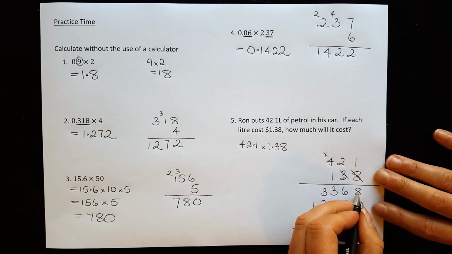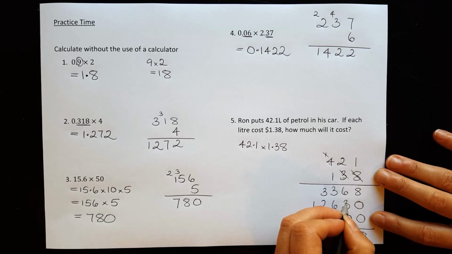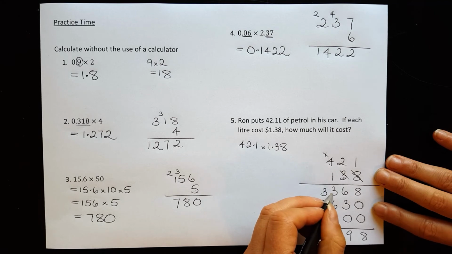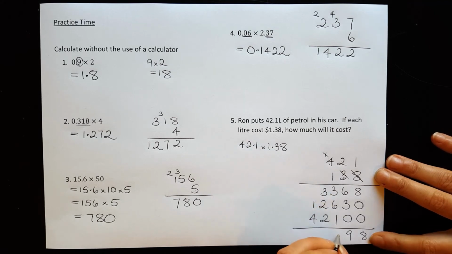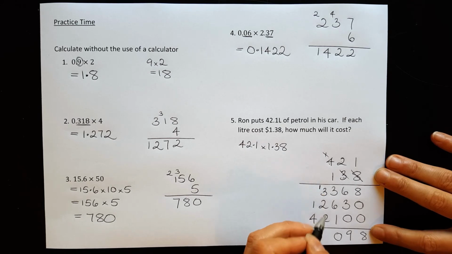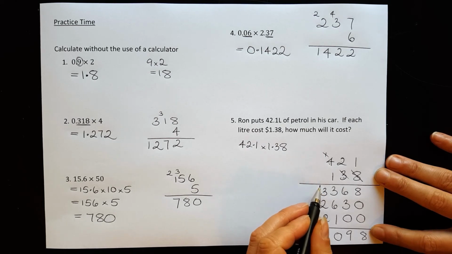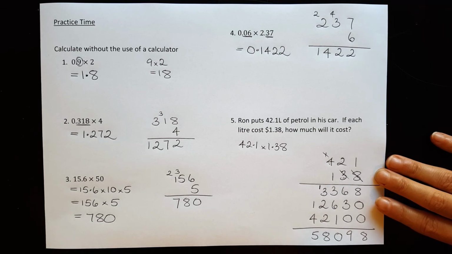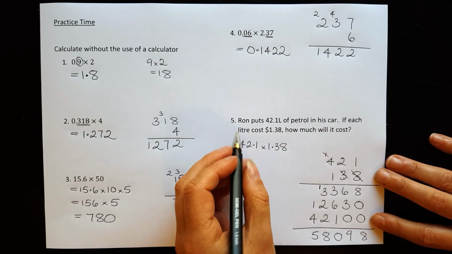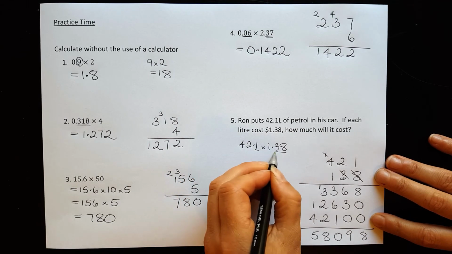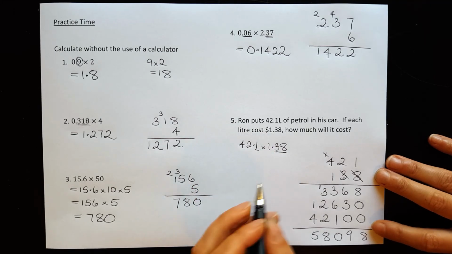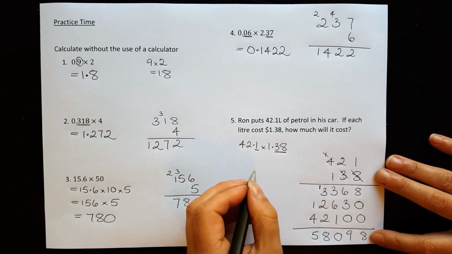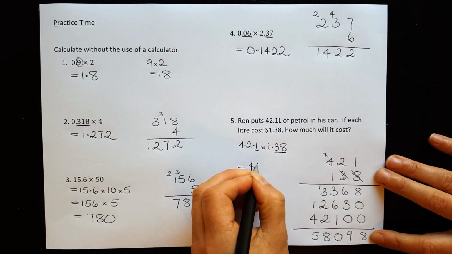Adding together, we get 8. 6 plus 3 is 9. 3 plus 6 plus 1 is 10. Carry the 1. 1 plus 3 plus 2 plus 2. All right, so that's going to be 4, 5, 6, 7, 8. And 1 plus 4 is 5. Now for working out where the decimal place goes. We had 1 number here and 2 here. So it's 3 numbers after the decimal place. So that's going to put the decimal point here. So our answer is